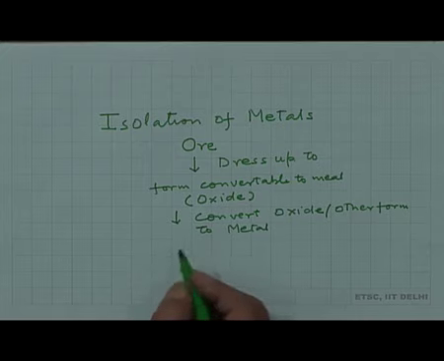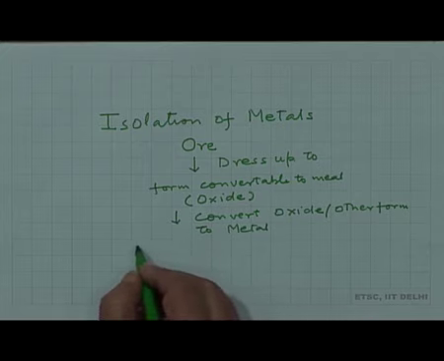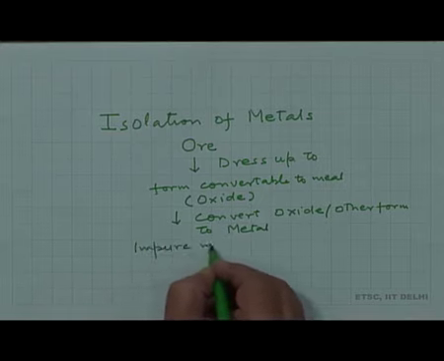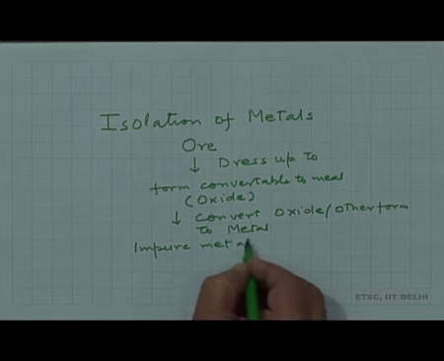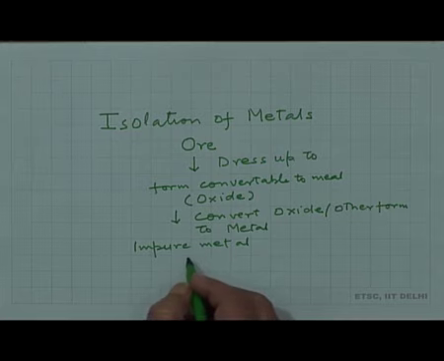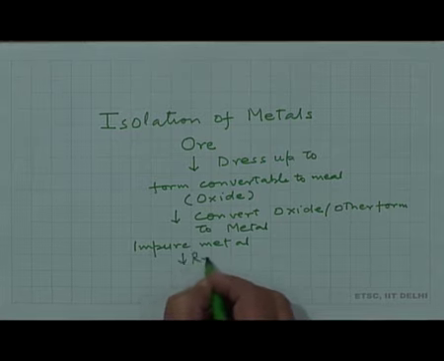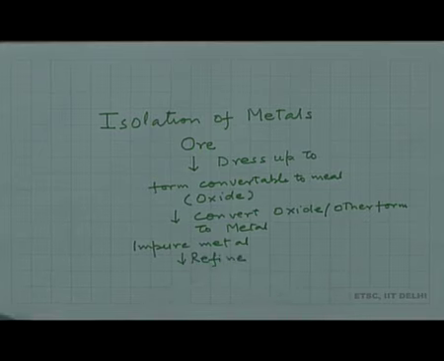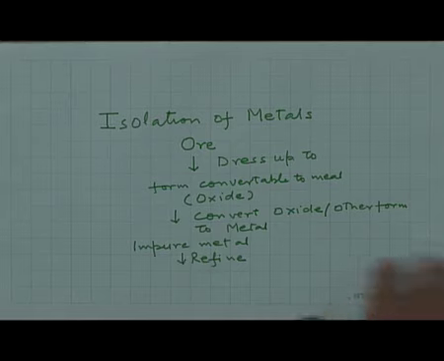At this stage, the metal which we get is not pure, it is impure metal. So, what to do? To improve its purity, you have to refine it. So, this step, which is called refining of metal, is very important to get